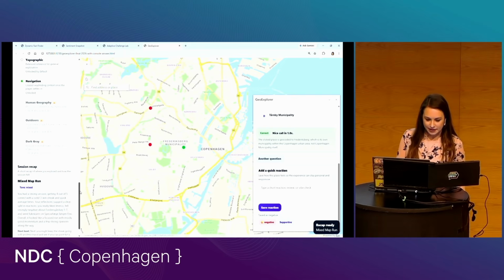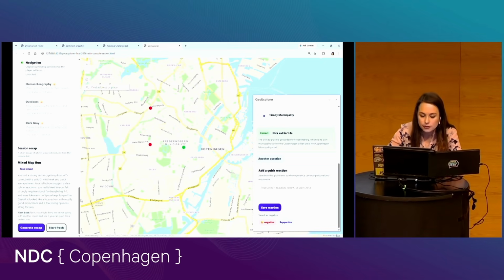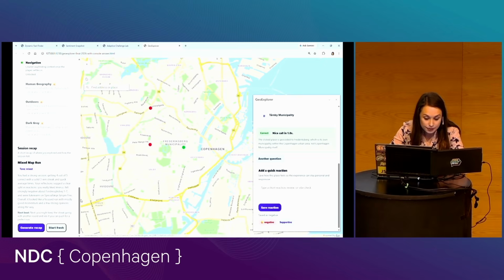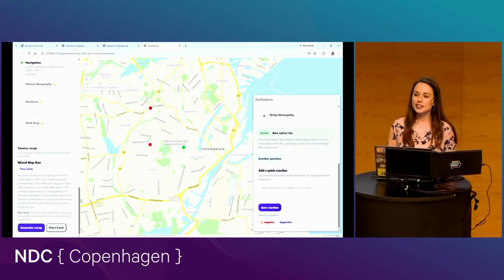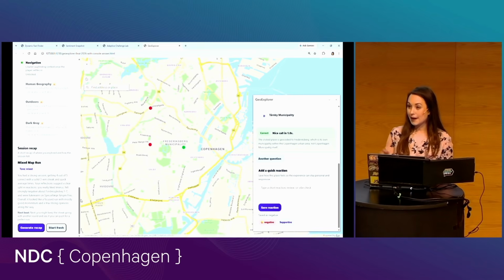All right, so here we go. It says, you had a strong session, getting 4 out of 5 correct with a solid 3-win streak and quick average times. Your reflections suggest a clear split in reactions: you liked one place, felt strongly negative about this other place, and were lukewarm on another place. So overall, it looked like a focused run with mostly good momentum and a few strong options along the way. And then it actually says next beat. So next, you might keep the streak going with another round and see if you can push for a perfect run. So it gives you a little bit of nice feedback there as well.